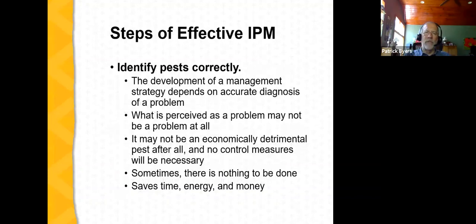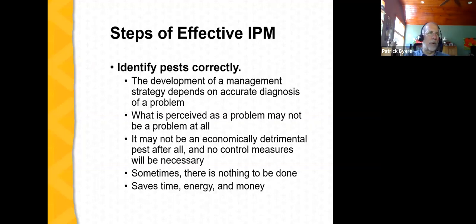The first step of an effective integrated pest management program is to identify the pests correctly. And this is critically important. As we mentioned at the beginning, we can have situations where there are abiotic causes of plant disease. We can see symptoms on plants that are caused by nutritional problems or by weather situations. And we have to identify what those are compared to those diseases caused by biotic or living agents when we start to think about managing them.